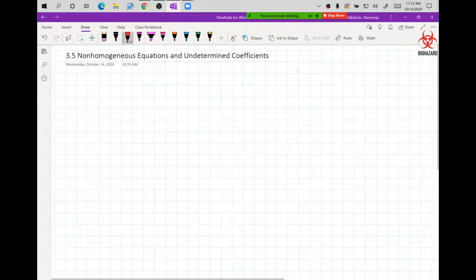Hello and welcome back to Differential Equations, section 3.5 on homogeneous equations and undetermined coefficients and variation of parameters. It is not in the title, but variation of parameters is explained and outlined at the end of the section. That would be all the way back on page 194, literally the last page of our